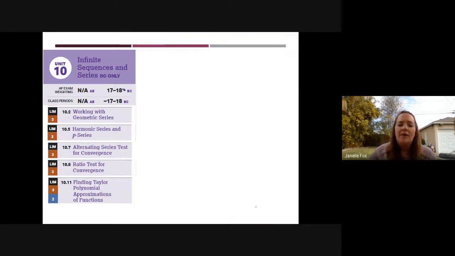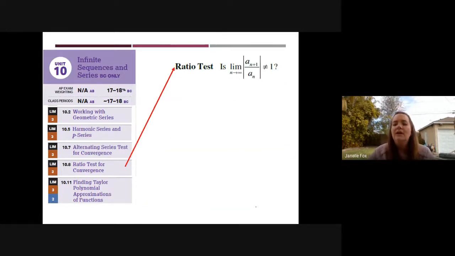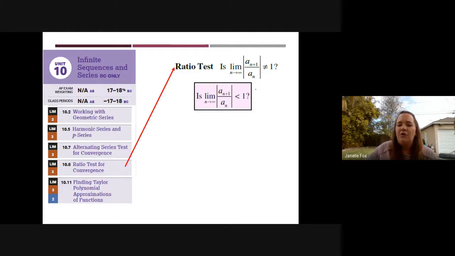Okay. One of our favorite tests, because it was so handy and so amazing, is the ratio test, right? So the ratio test allowed you to take an n+1 term over an nth term. And they basically want you, if you can get the absolute value,